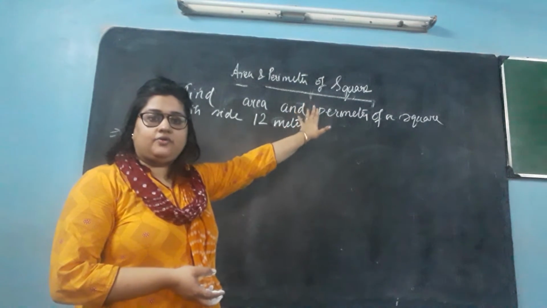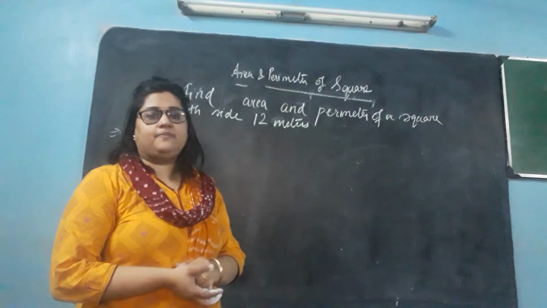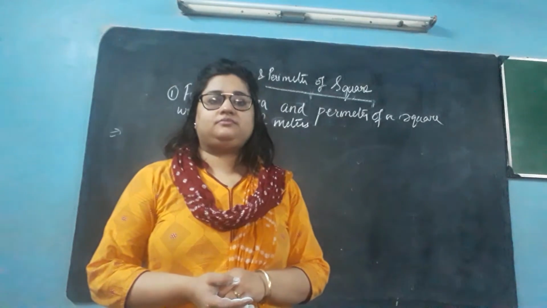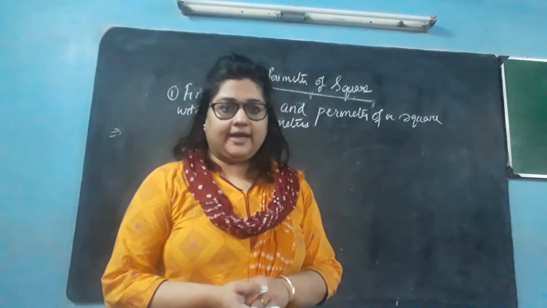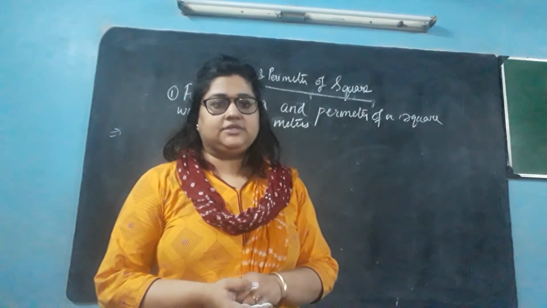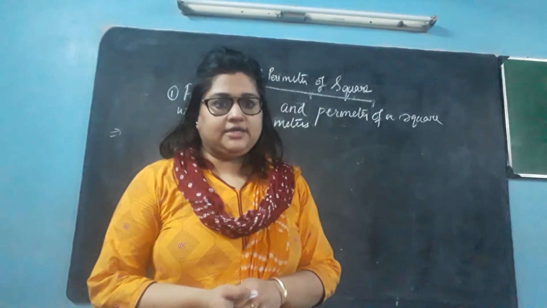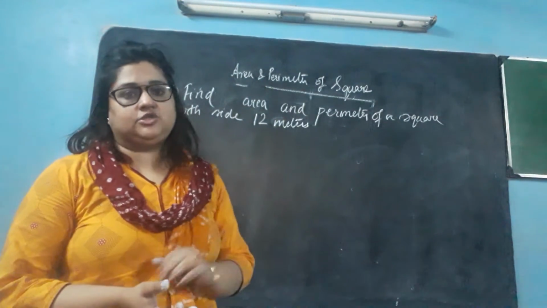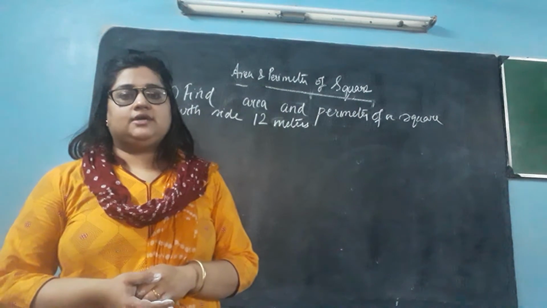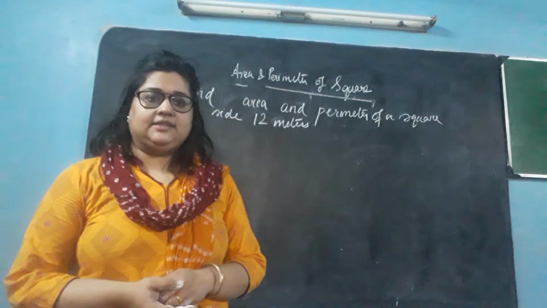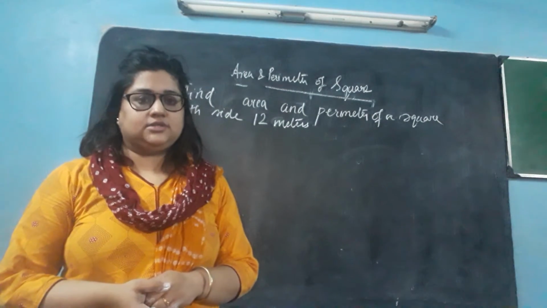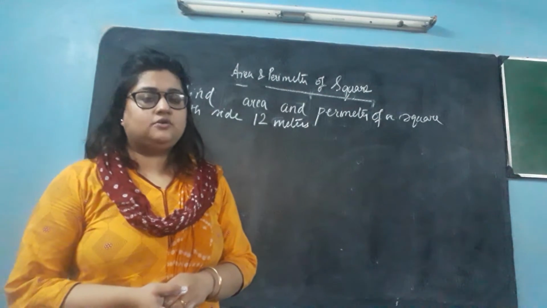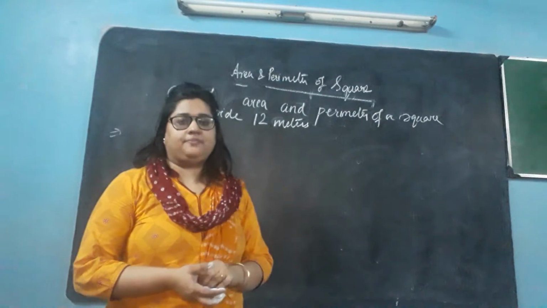A square means a quadrilateral whose all sides are equal in measurement. Now students, one thing you will note: you don't have to do the exercise on area and perimeter now. That will be done later. For this exam, only concentrate on the video sums, the worksheet sums, and whatever is done in the live classes or online classes which you have with me. No need to do the exercise sums, only follow the video and the live classes for this chapter.